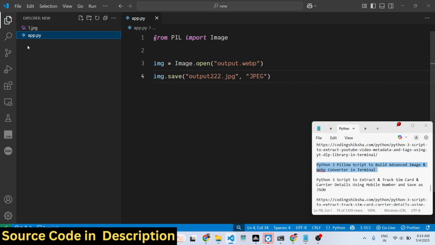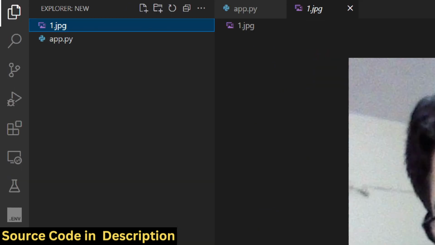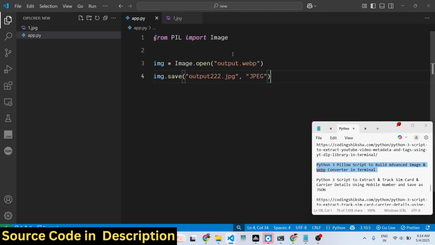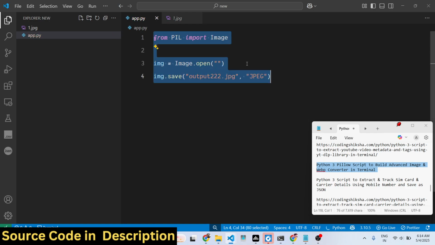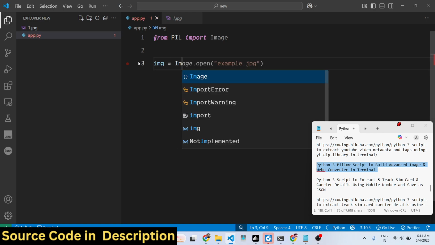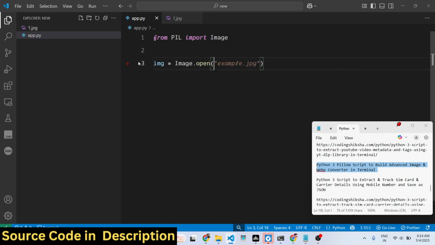So once you install this, simply create an app.py file. We already have this image present inside the directory. You will see it's a jpg image file. Now if I want to convert this to png, it's really simple. First of all, we import the Pillow library. We say from PIL we need to import Image, and then we simply open the image. You can see we use Image and it contains this open function. So we simply open this image first of all,